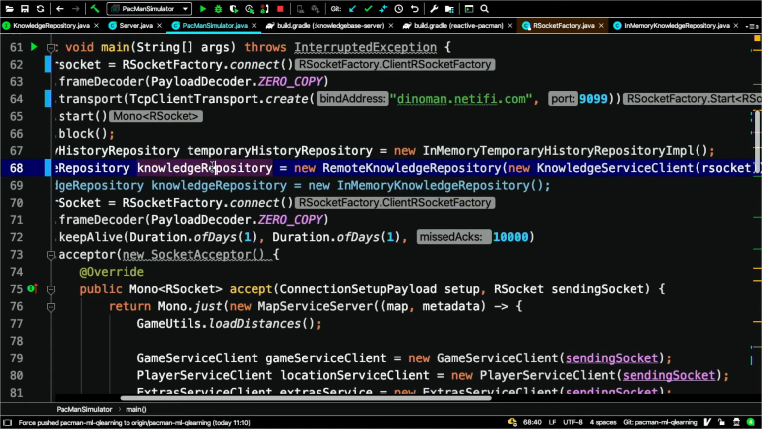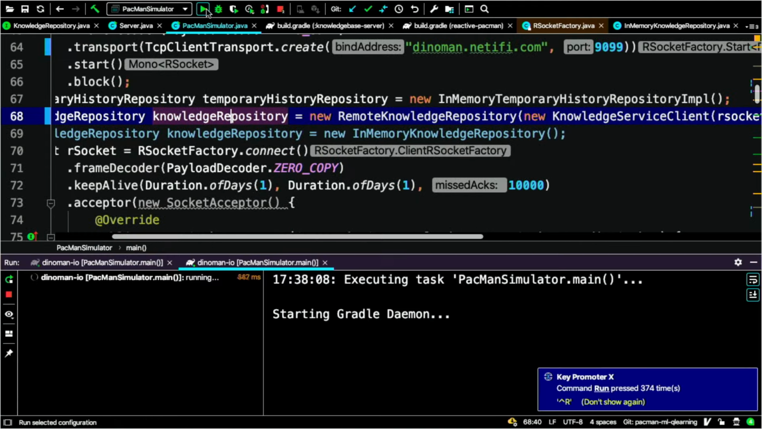I don't have to rewrite anything. I'm using reactive streams, so even though this is a remote service, I'm going to asynchronously send data without blocking my application, which will be almost the same, right? That's right. Okay, let me run this again,